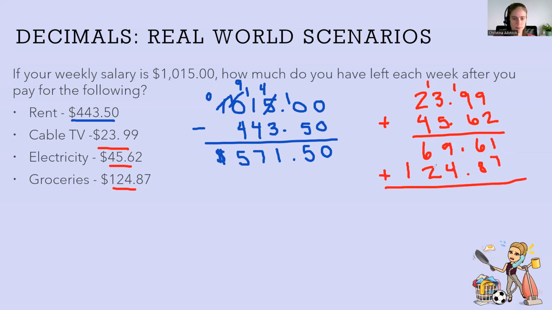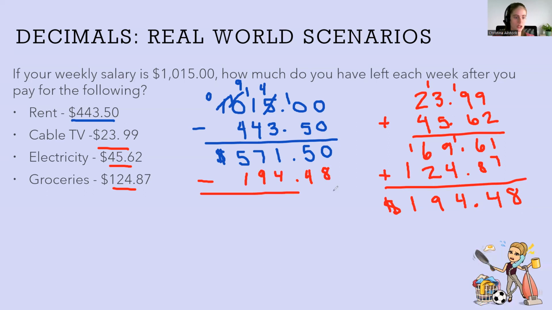$124.87. 1 plus 7 is 8. 6 plus 8 is 14. 9 plus 1 plus 4 is 14. 6 plus 1 plus 2 is 9. And then we have our 1. So for our cable, electricity, and groceries, it's going to cost us $194.48. So let's subtract that from our current total